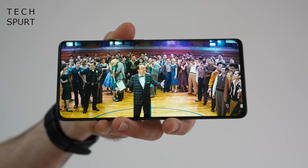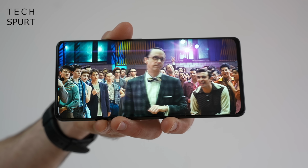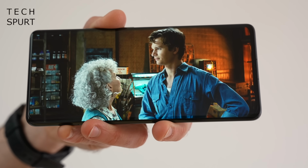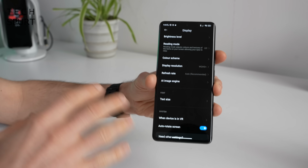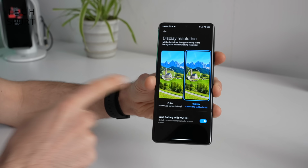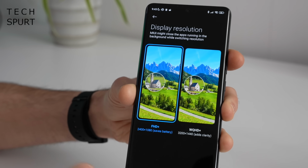that 6.73-inch AMOLED display. Now, of course, it's got strong competition in this area. Pretty much every premium flagship now comes with a WQHD Plus AMOLED panel. So 3200 by 1440 pixel resolution, so nice crisp visuals. Or at least you will enjoy those nice crisp visuals as long as you remember to dive into the display settings, head to the resolution section and change it from the default, which is Full HD Plus, up to that